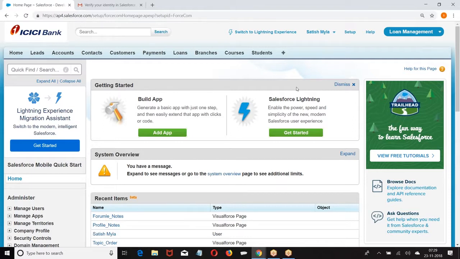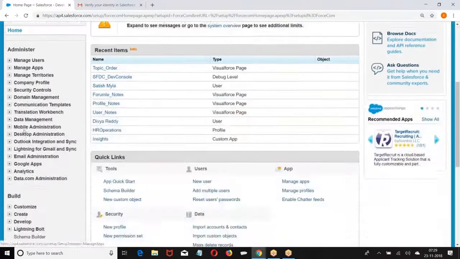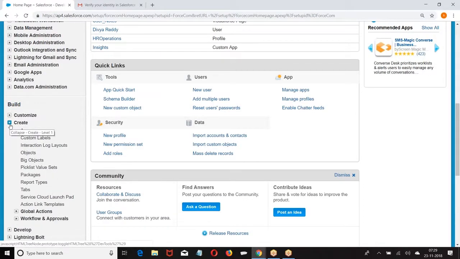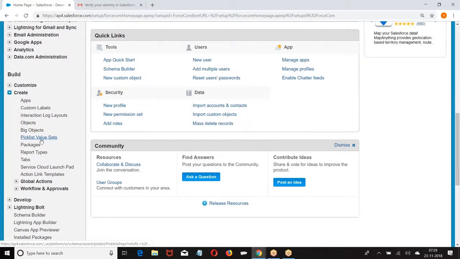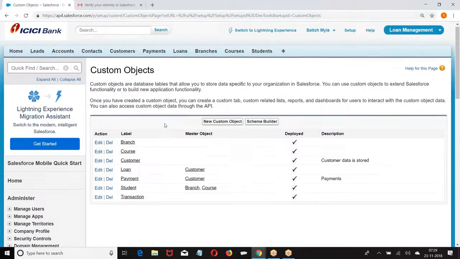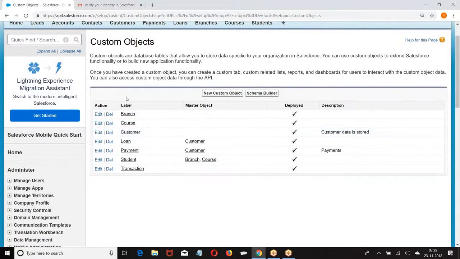So look at the format: setup, build, create. Then we have objects. Done.